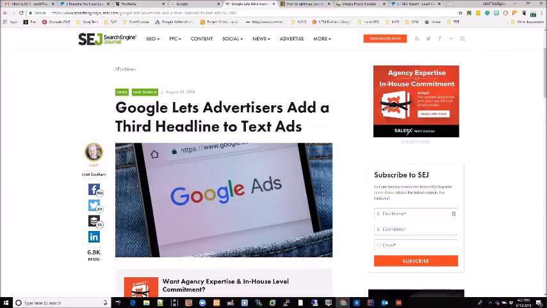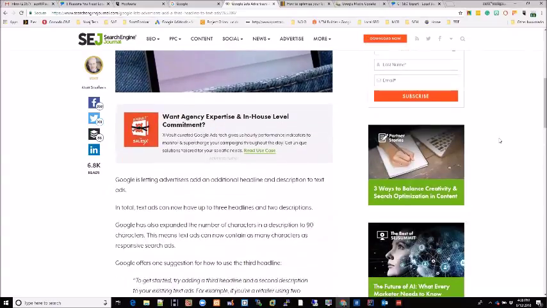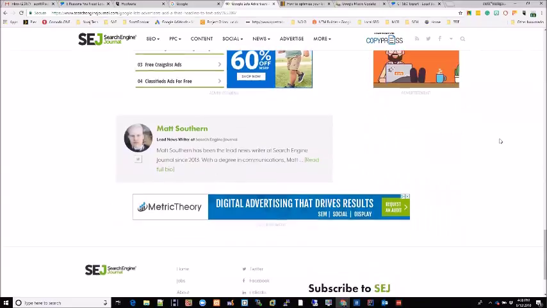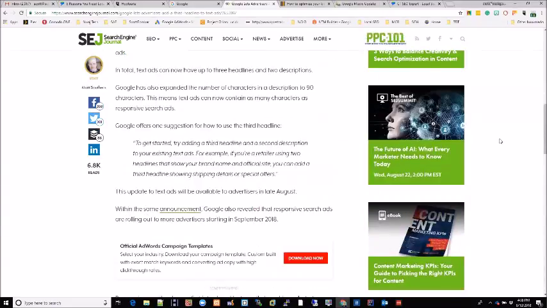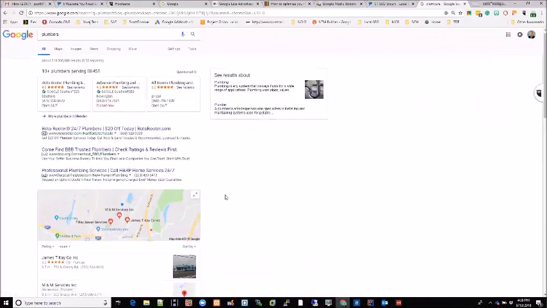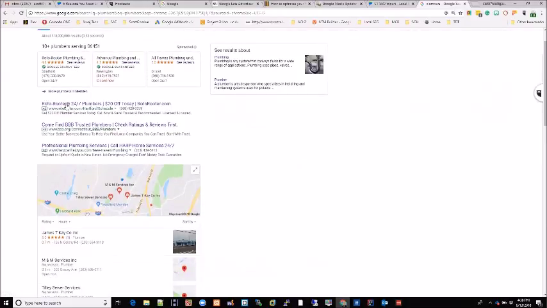So you can now add a third headline to text ads, and now I'm going to have to go and edit some ads for some clients. I do have some AdWords clients, so I will edit their ads so that you can now show 3 headlines, which is cool. Let me tell you why it's cool. I'm going to show you. If I were to search for my favorite one, plumbers, you'll see 3 ads here, and none of them have 3 headlines, right? So now if I were a plumber and I edited my ad to have 3 headlines, my ad is going